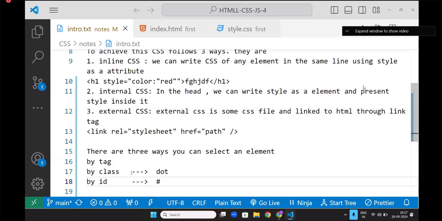Any doubts? No. So today you will see what the different units are, what the different colors are, and how we can give background and all the things. Okay? Now, before we start,